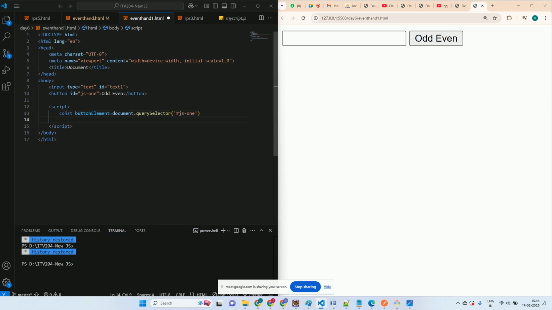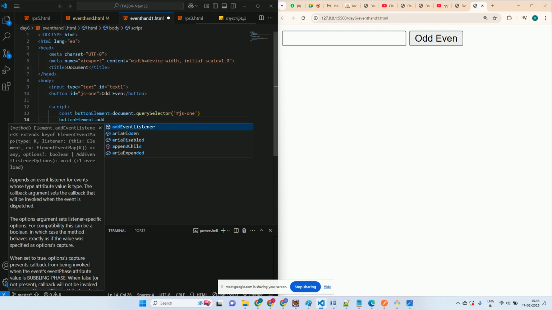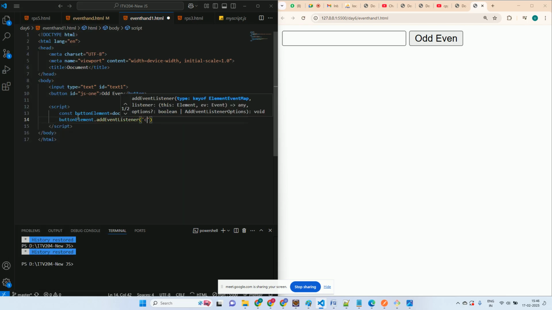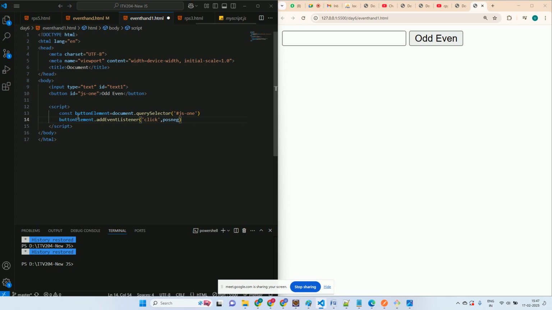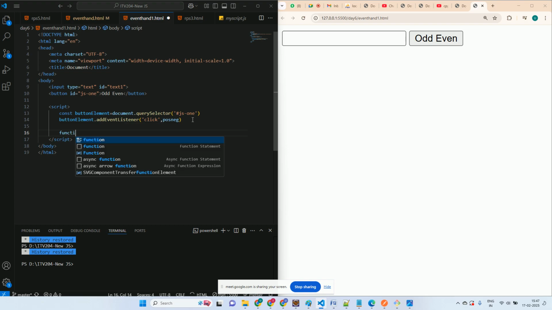Right. Now to this I want to add a listener, dot add event listener. Which event listener? The first part is the event and the second part is the arrow function. So let's say we are checking for positive, negative. So it's an arrow. This is a callback. So do not give brackets. It's not a function call. It is a callback function. So come inside the function, pause neg,